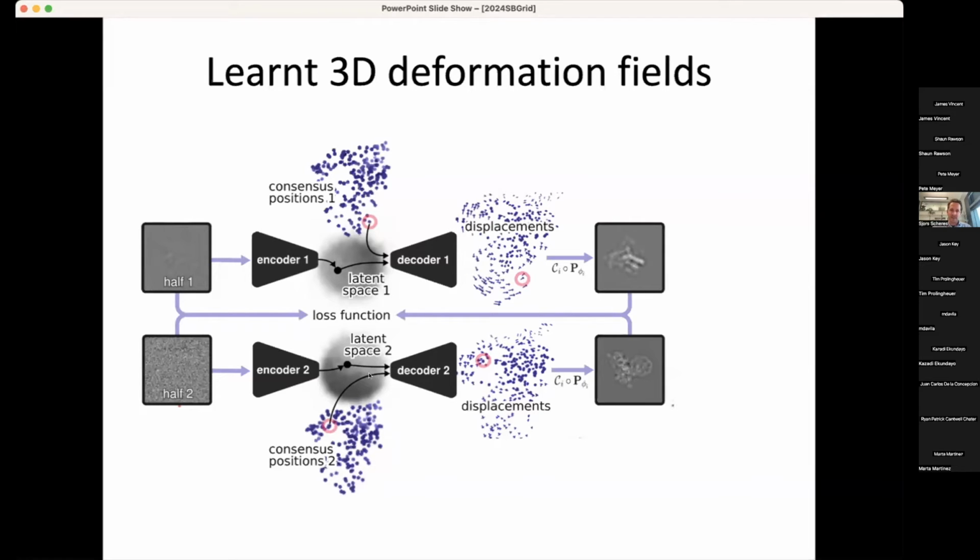Now, besides that, that's also where the similarities with E2GMM stop.